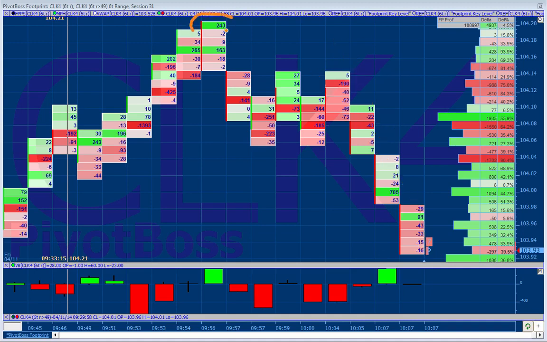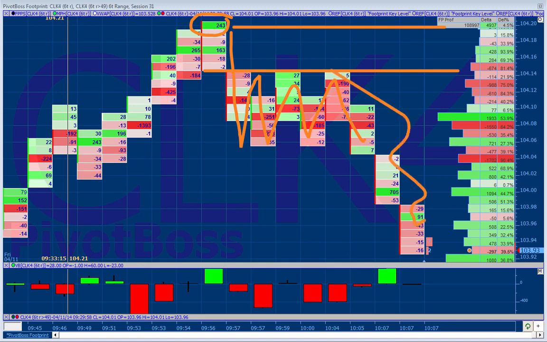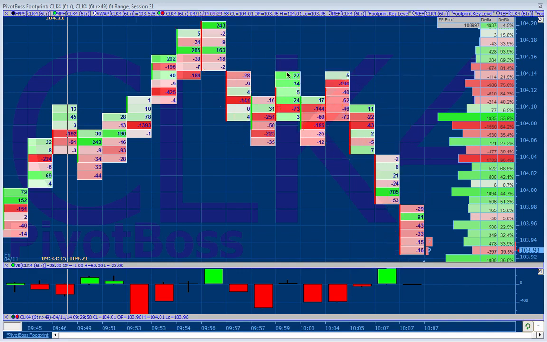Look how sharply this was rejected at 104.20. Then price comes downward and forms resistance here and then pushes even lower. That's a quick 30 tick reversal on one person getting stuck right there. A trapped aggressive buyer got stuck, and real quickly you get a 30 tick reversal. That's $300 a contract right there. You can see how we can do this all day long.